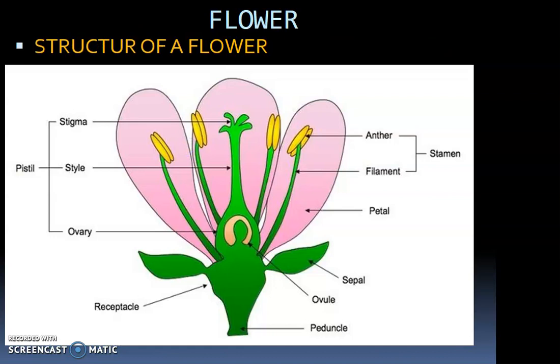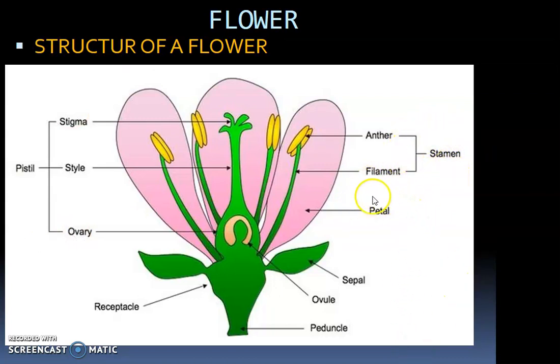Now the flower as it is, ideally we should know what makes up the flower. The flower is very small, delicate, but within it are other important parts. So what you have is the structure of the flower. It has many parts, and now we are going to look at the main parts of the flower. The main parts of the flower are the stamen,